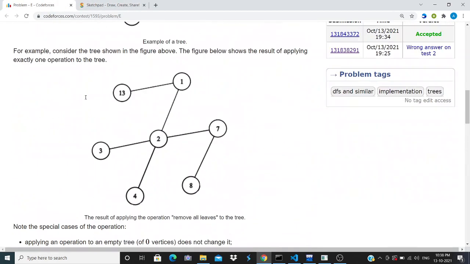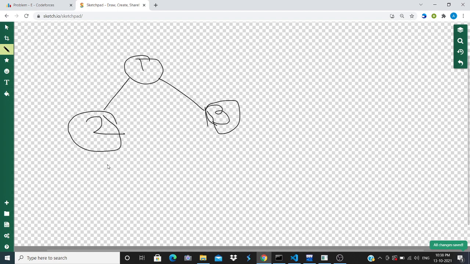For example, if I give you a very simple graph, let's say like this: 1, 2, 3. How do we say that a given node is a leaf? Basically, a node is a leaf if the in degree, or you can say the degree, of that vertex is equal to 1.